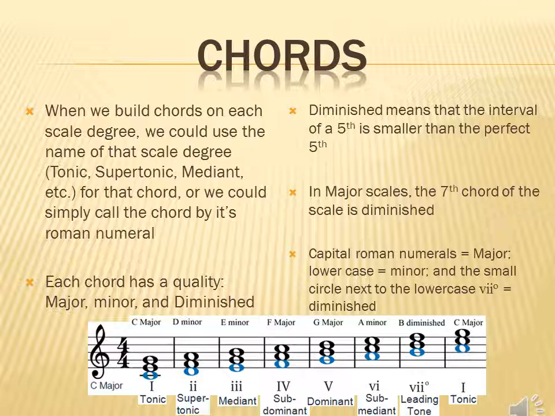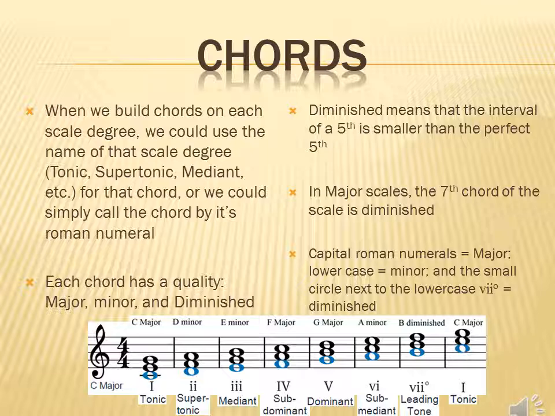In major scales, the 7th chord of the scale is diminished. Capital Roman numerals equal major, lowercase Roman numerals equal minor, and the small circle next to the lowercase 7 equals diminished. We have the tonic, or the 1 chord, C major, the supertonic, or the 2 chord, D minor,